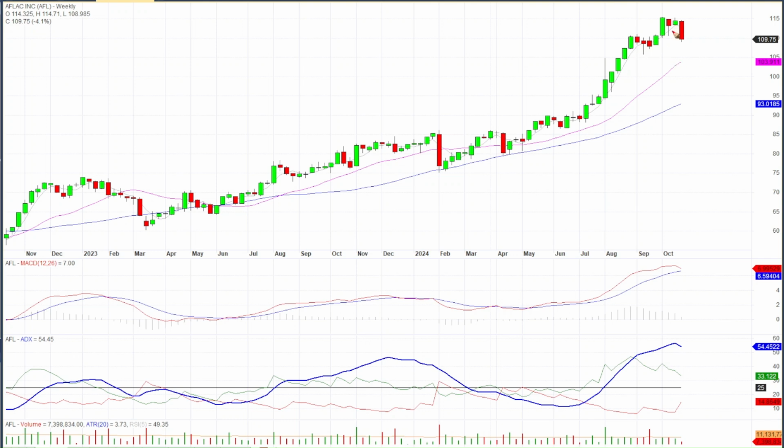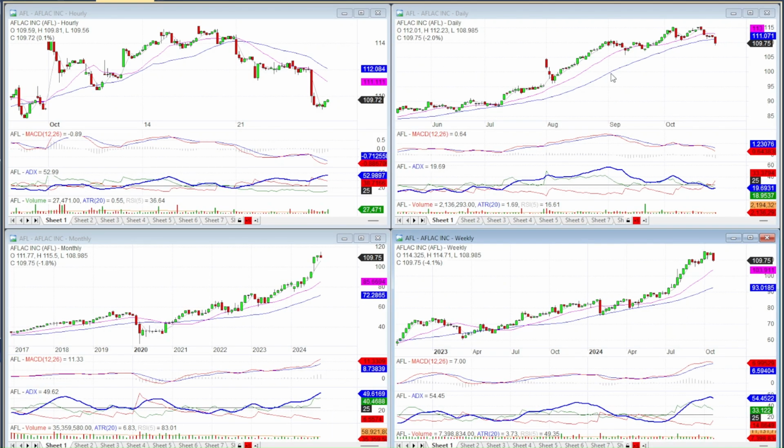You want to make sure you can put together a trading plan using either the daily or the hourly that allows you pretty good risk reward down to those levels. All right. So if we look at that, we can see these are extended. So now what I'm going to do is go down to the daily chart, and I'm looking for signs that